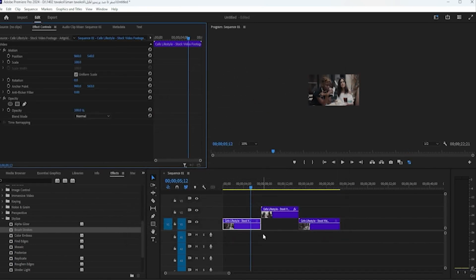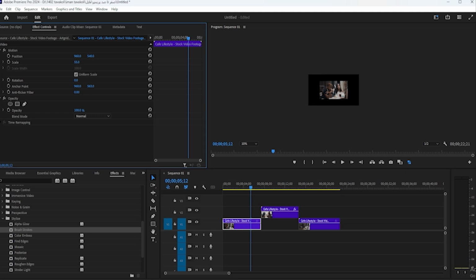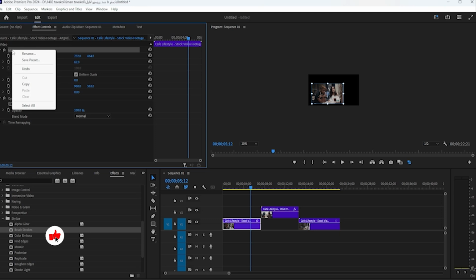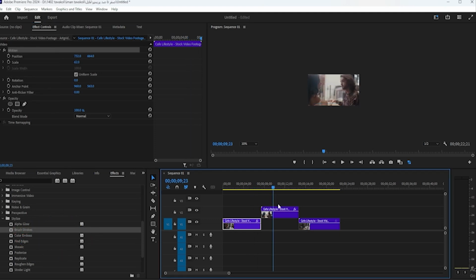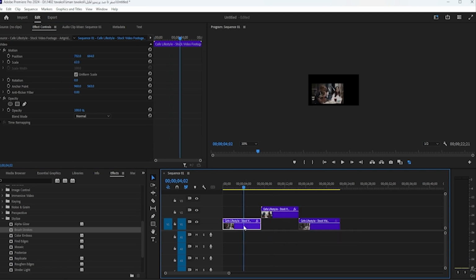Well, next point. Guys, I am going to select this footage, change the scale, set the start time, and adjust other settings, and change the effect controls. I would like this to be applied to all the other footage clips. One method is that I can right click on the motion tab here. Then I go to the next frame and press Ctrl V so that the effects are applied. The second way is for me to